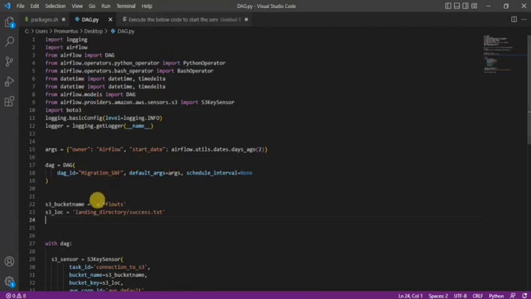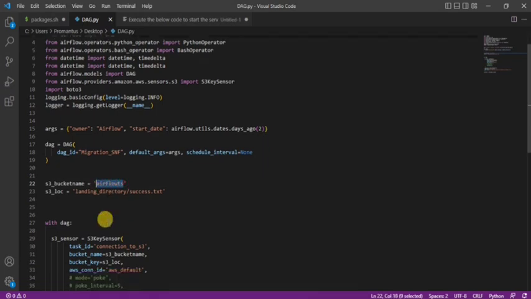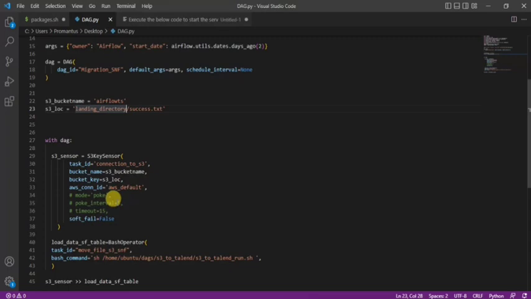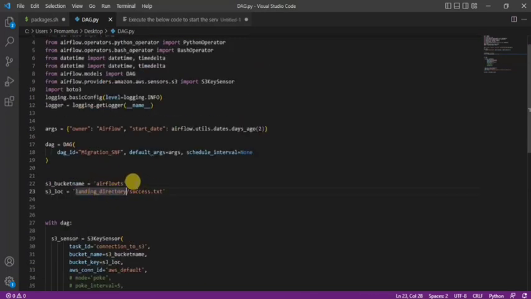Okay, so the DAG. Let us recreate all the files in the S3 bucket. We have to create an S3 bucket by the name airflow ts. I will change this name, and the landing directory can stay like that only, and the code base. Here we have to put the S3 bucket name, and what is